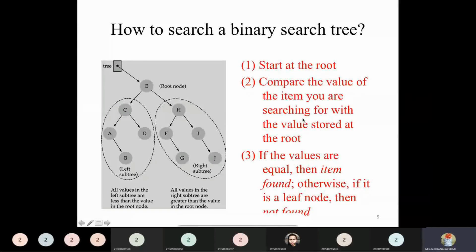If it is matched, for example, suppose our searching element is E, it's just an example I'm saying. Otherwise,